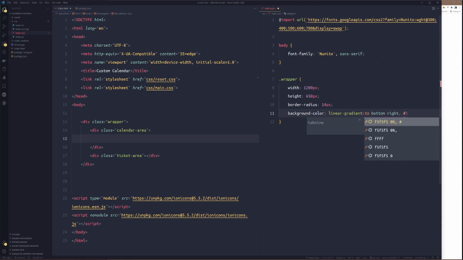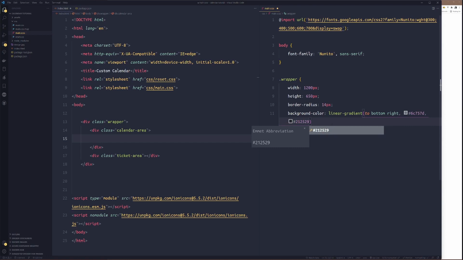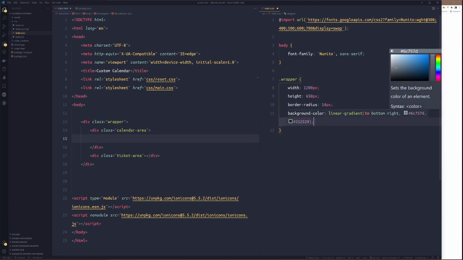Ash 6C 7570 because we blend both colors. Ash 212529. All right.